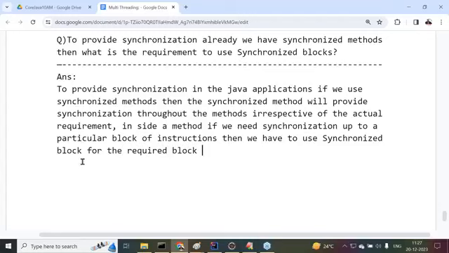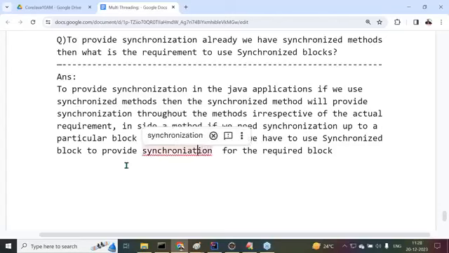We have to use a synchronized block to provide synchronization for the required block of instructions.